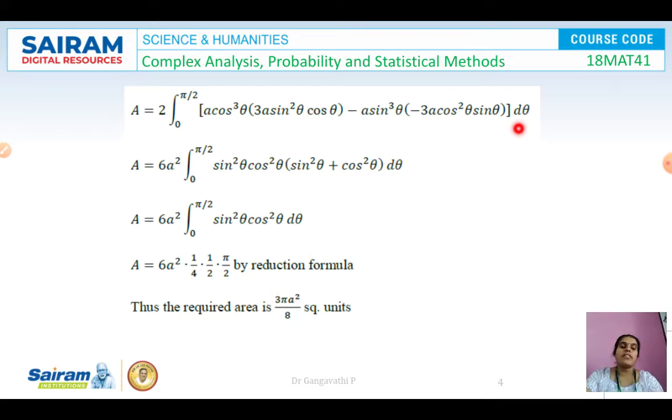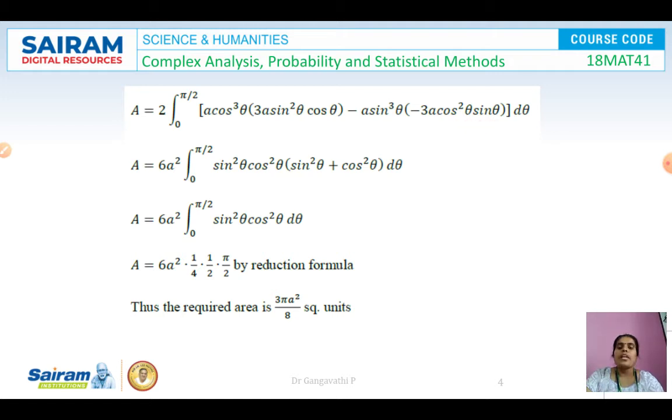Since we are integrating with respect to theta, only the limits of theta have been put. In the first quadrant, theta varies from 0 to pi by 2. Now simplifying this, 6a into 3a into a, and again here 3a into a. When we look at this, it is cos cube into sin square, and sin cube into cos square into